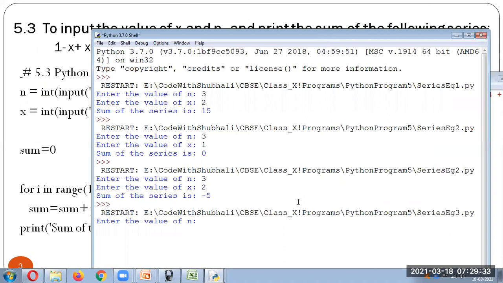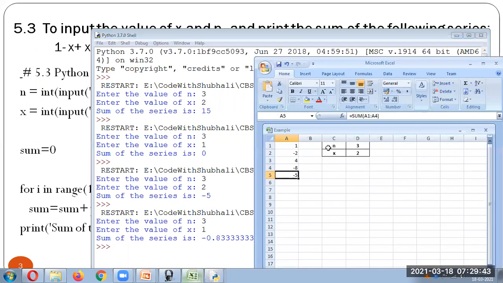Let's take the value of n as 3 and x as 1. So we are getting minus 0.83. Okay, let us check whether it is correct. So let's say the value of n is 3 and x is 1. So here, what is the first one? x raised to, because it will take the I value as 1. So in this case, it will be x raised to,